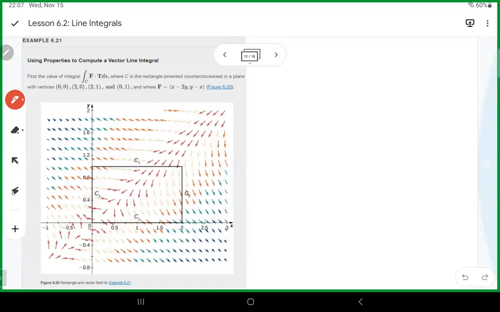Almost done, guys. Using properties to compute a vector line integral. Find the value for the following. Note that the curve is the union of its four sides. Each side is smooth. Therefore, C is piecewise smooth. Let C sub 1 be the side from 0, 0 to 2, 0. C sub 2,